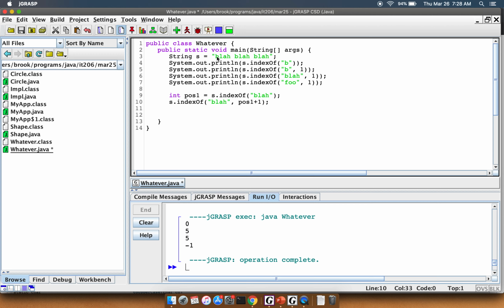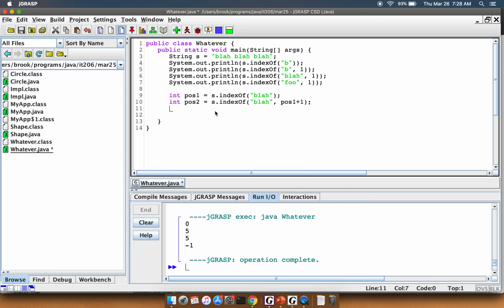Okay, and then afterwards, I'm going to again look for the string blah starting at position1 plus 1. So in other words, I'd start here and I look for it to see if it occurs again. All right? So if I make this position2,